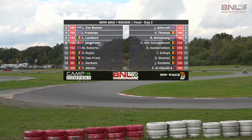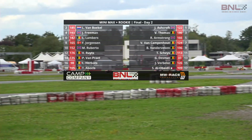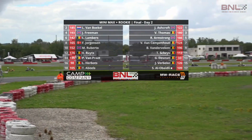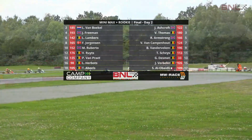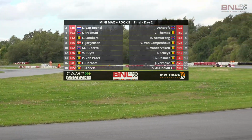It's the UK and Belgium again. This time it's Rory Armstrong starting from fifth and Lars Lambers to his outside on P6. Vic van Kampenhout from Belgium will be on the inside of row 4. Joining him from Denmark will be the 165 of Finn Albert Jorgensen. Bran van der Weken and Maria Roberto round out the top 10, followed by Tristan Shays, Victor Reutz, Georges Desmet,